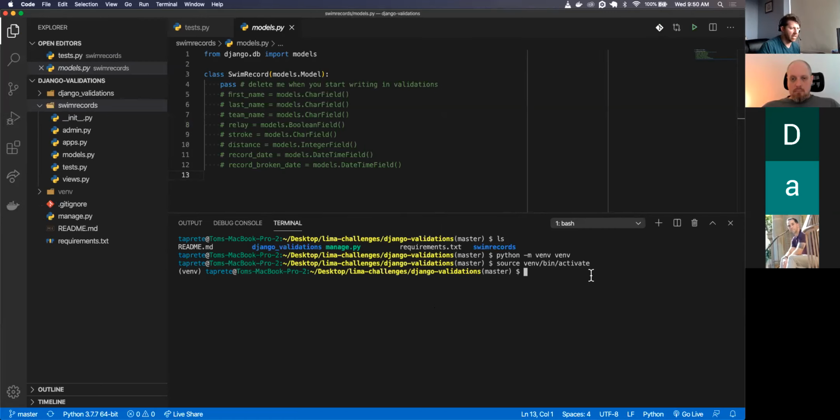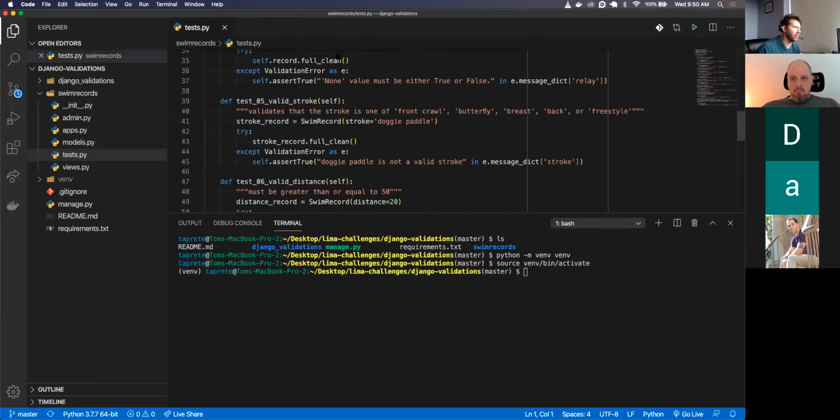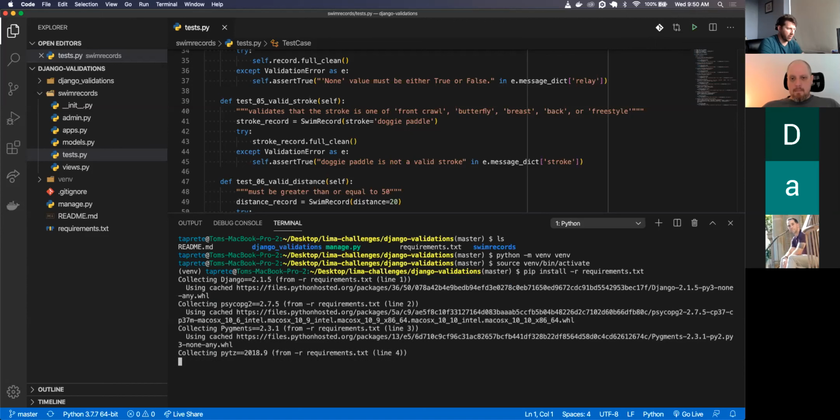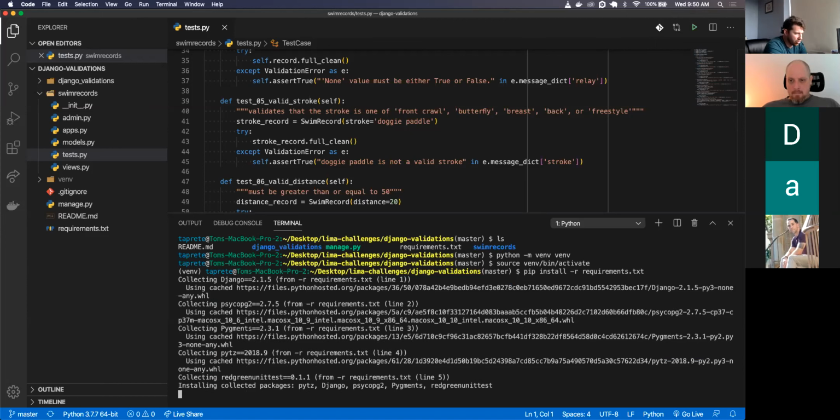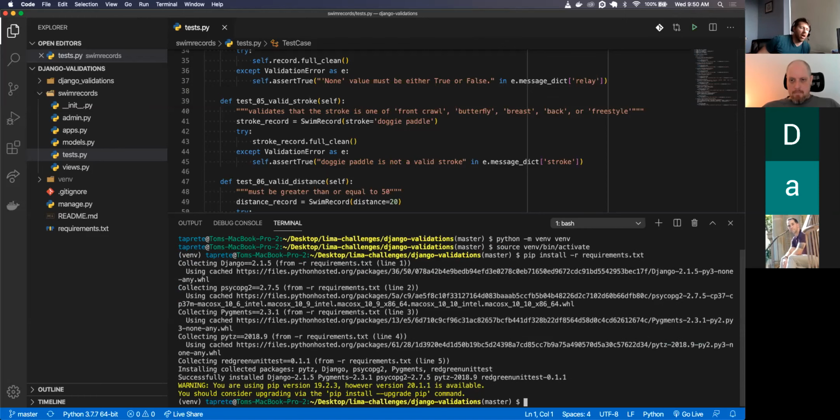All right. Next, I need to install this requirements.txt file. Those are all the requirements I need right now. I can do Python, or nope, it's pip install -r requirements, and I'm installing all the necessary requirements. Does anybody have any questions about that process? We're pretty much going to be redoing that process over and over again when we already have a Django app